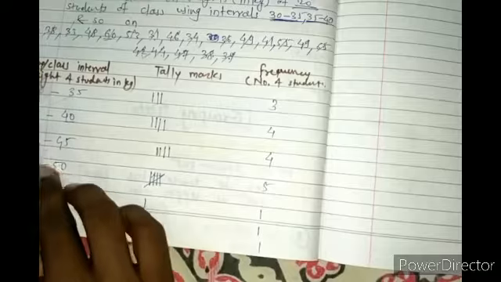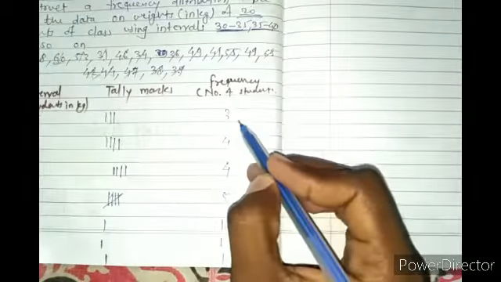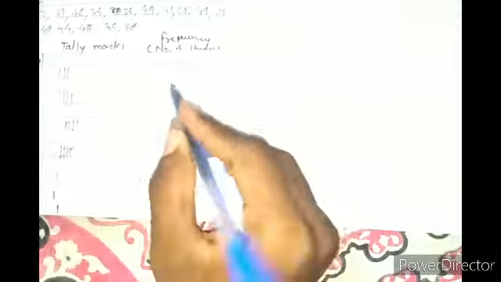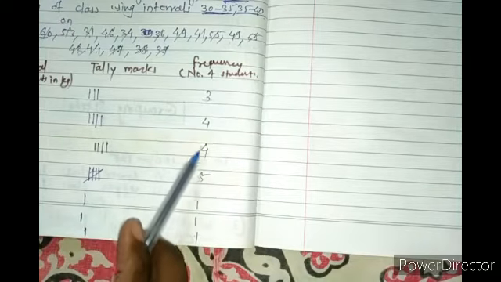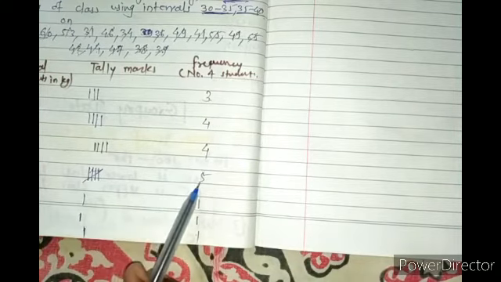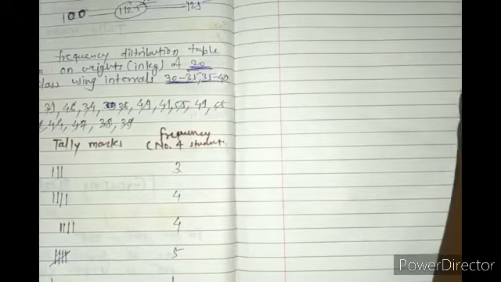Now how can we understand that all the tally marks and the frequency of each class are correct? By adding them, right? How many students are in the class? We are taking the observation on 20 students, right? On 20 students we are observing. So their sum should always be 20. So add them. 3 plus 4, 7, 7 plus 4, 11, 11 plus 5, 16, 17, 18, 19, and this 20. So the sum of the frequency is 20.